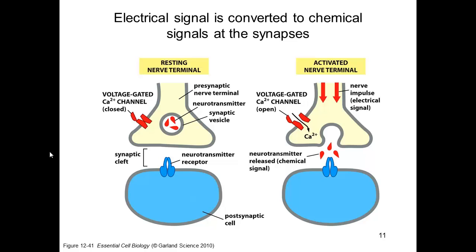So here we see a synapse, and there's lots of interesting biology going on at a synapse. And this postsynaptic cell could be another neuron sometimes, it could be a muscle, it could be any sort of tissue that does something in response to nerve stimulation. Here's what's going to happen. You have the action potential coming down the axon to the dendrites, and it's going to produce a voltage change which will eventually cause a voltage-gated calcium channel to open up. This allows calcium ions to flow into the end of the nerve, which is called a bouton,